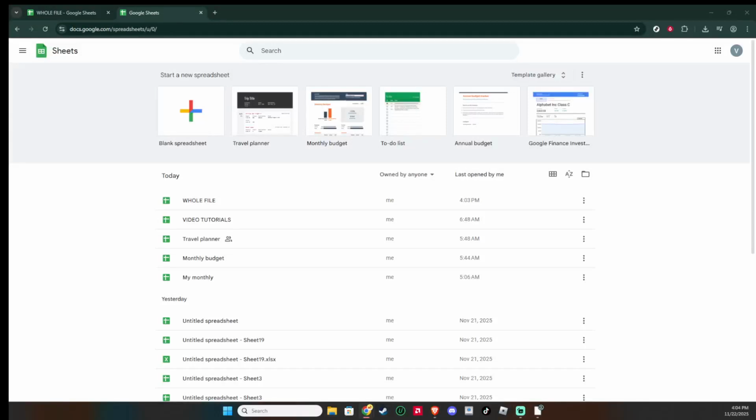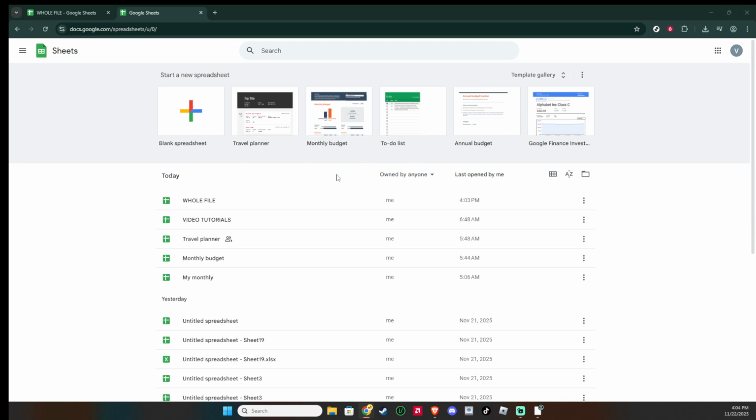In today's video, I'm going to teach you how to create a new spreadsheet using a Google Sheets template. Let's get started by opening your web browser and heading to sheets.google.com. This takes you to the Google Sheets homepage, where you'll see a clean dashboard of recent files and across the